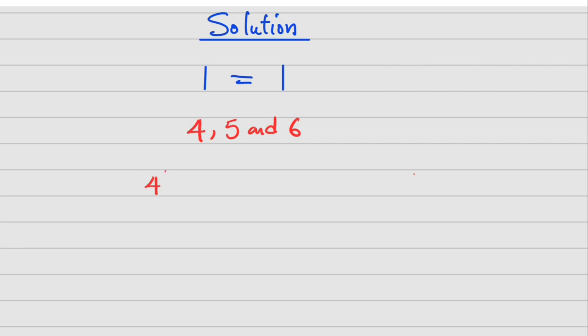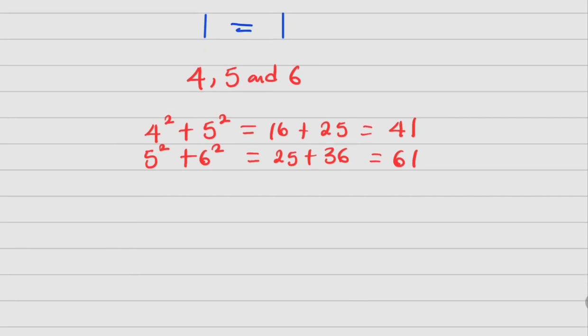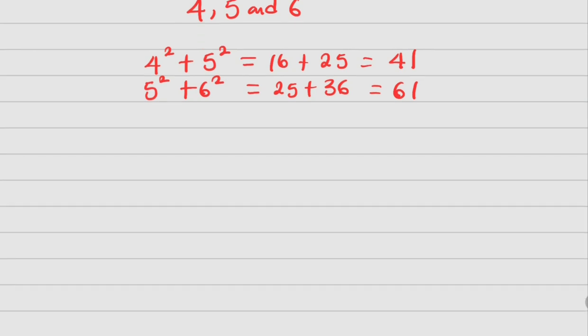Do you know that 4 squared plus 5 squared can actually be written as 16 plus 25, which is equal to 41? And at the same time, 5 squared plus 6 squared can be written as 25 plus 36, which is equal to 61. Now, because I have this and I know that 1 is equal to 1, nothing changes, I can now come down to have